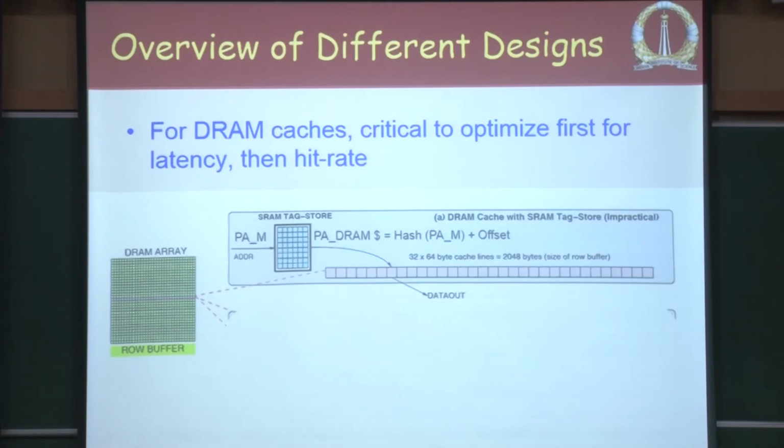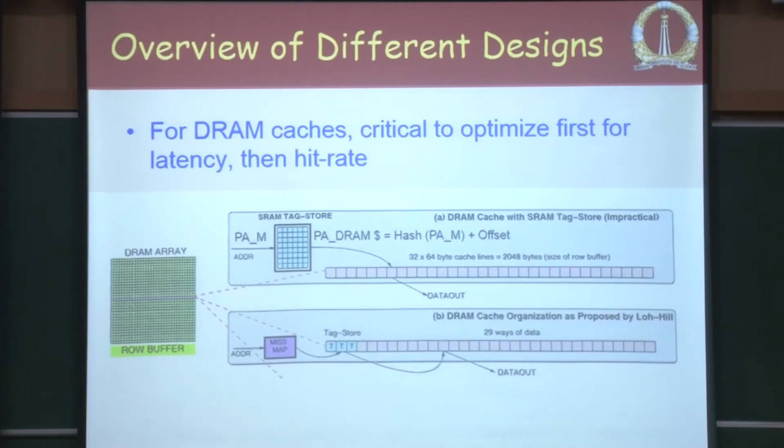So, again we will talk about this particular organization, where one of these organizations talks about a cache which, instead of having 32 ways, is going to have 29 ways and use some part of the data as tag. When I talk about tags in a DRAM cache, I have to store the tags in some place. I first have to access them, do a tag check, understand which way I have to go and access, and then give that address